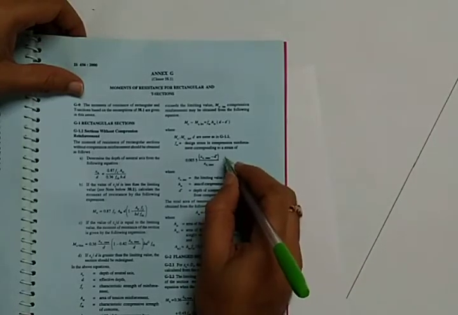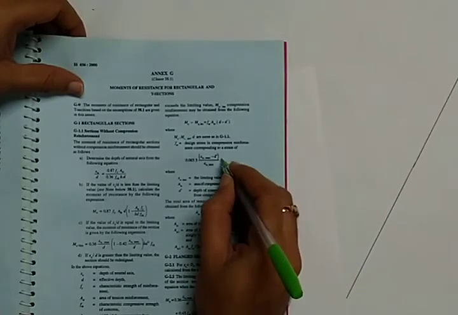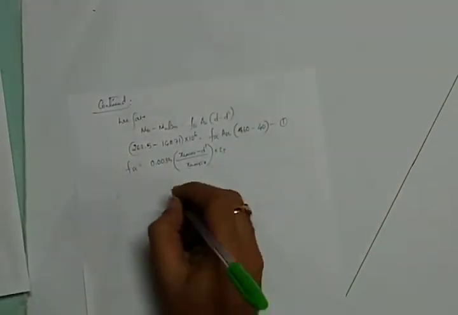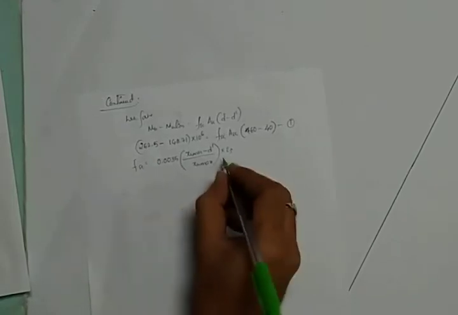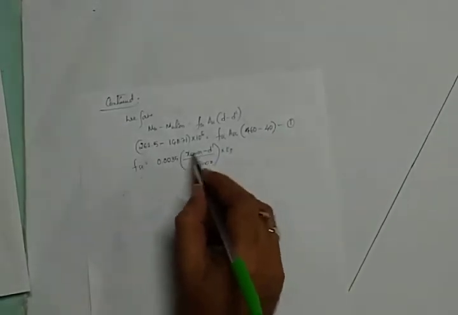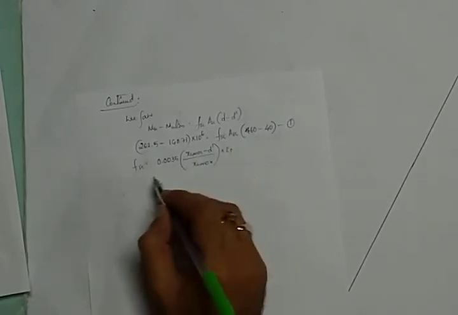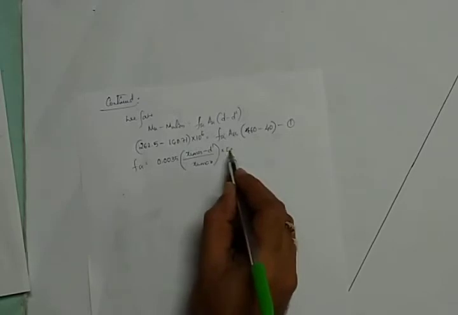ES is not mentioned, so you have to write ES in this page, don't write it in the code book. ES means stress is equal to strain into Young's modulus. Stress by strain is equal to Young's modulus. If you multiply strain with Young's modulus, then it will be stress in steel. So substitute the values,